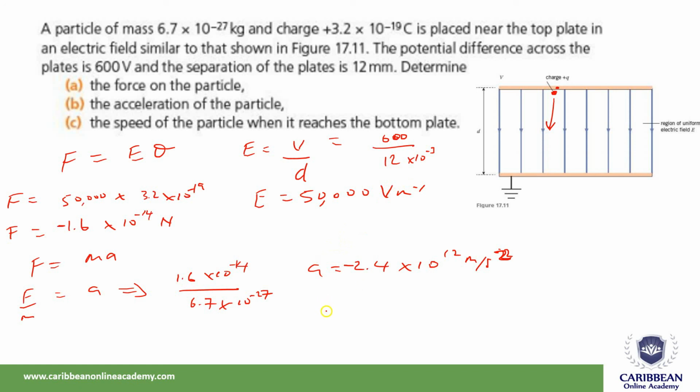So that's that. Now it asks what would have been the speed of the particle when it reaches the bottom of the plate. First we know the acceleration: negative 2.4 times 10 to the 12. Let's clear up the screen a little to make way for the other calculation. For this calculation, we have to use some type of equation of motion, and the best equation here to use is S is equal to